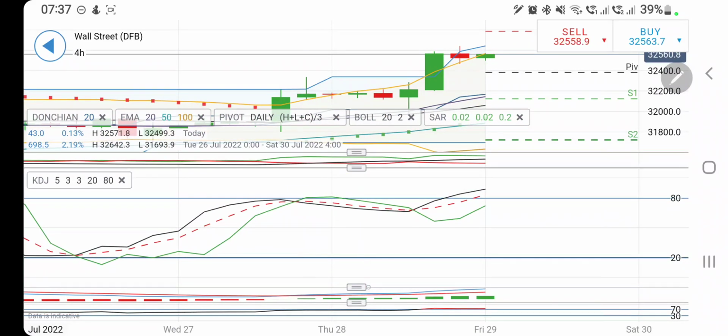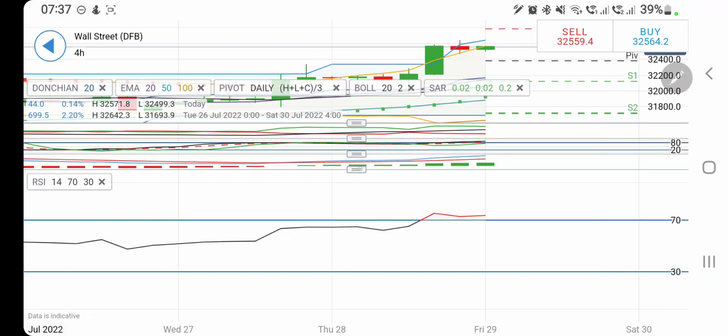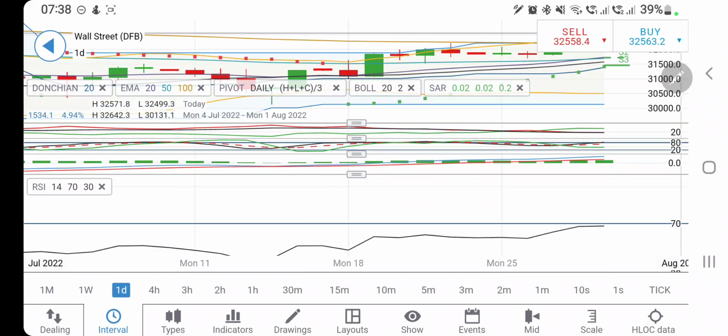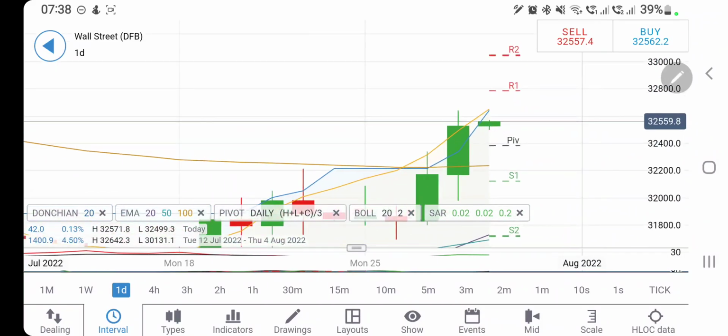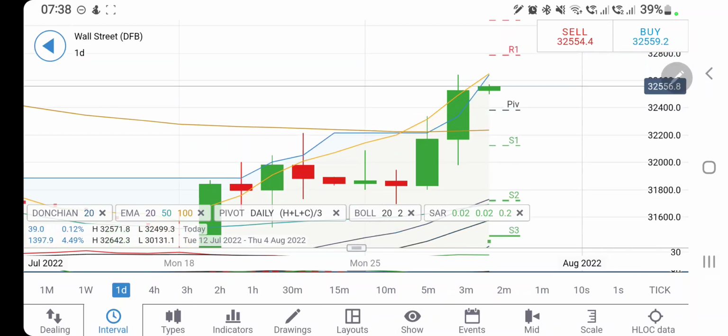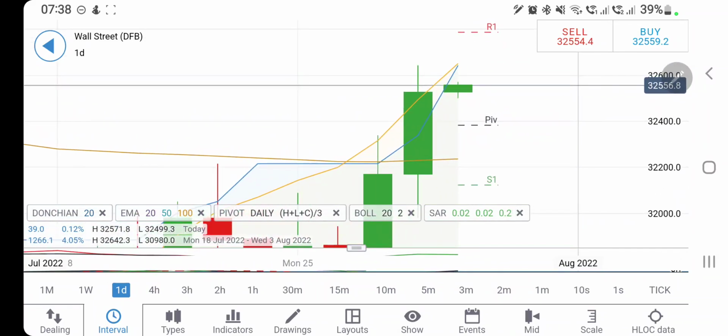The directional movement is bullish. Stochastic is overbought. RSI is overbought. The MACD is wide divergent bullish there on the 4-hour charts. Look at the daily charts now. On the daily charts you can find, after taking the support at 31,800, this is the second green candle it has seen, and also this is the top of the Bollinger Bands at 32,600, 32,650 levels. So be watchful. Also this is the top of the channel there,